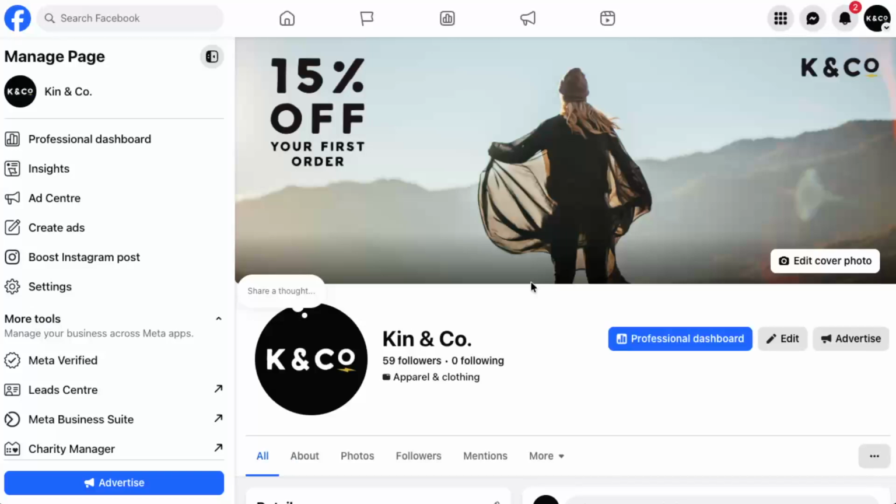First, open Facebook in your browser and go to your Facebook business page. Make sure you're logged into the account that has admin access to this page. If you manage multiple pages, double check that you've selected the correct one, because these settings are specific to each individual page. Once the page loads, you should see your cover image, your profile picture, and the usual navigation options